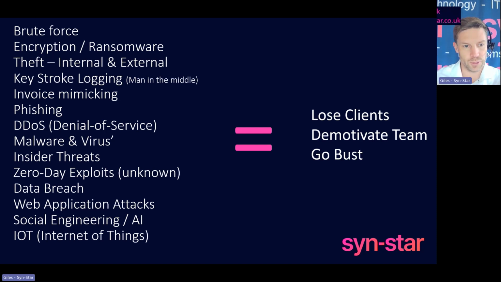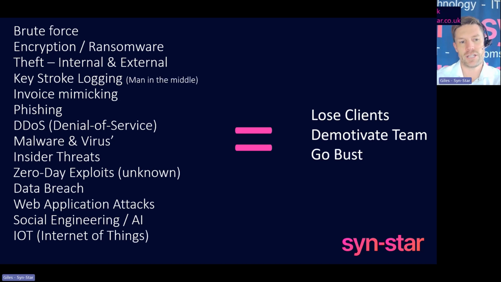So brute force is your first one, which again is, if you've got things like antivirus, then a brute force attack, they're just going to try and get in through, whether it's the front door or the back door, but they'll try and just brute force their way in. They're going to try lots of different things to guess passwords to really push their way through. So brute force is the number one. Then the next one is around ransomware. So essentially they will grab hold of your data in some form and keep it. They will encrypt it and effectively hold it hostage, and you'll need to pay a premium to get the data back, if at all. So that can be really bad.